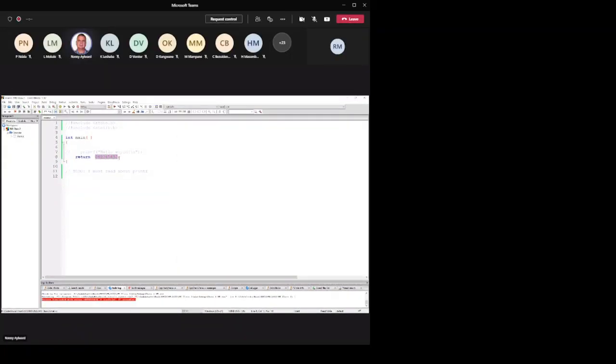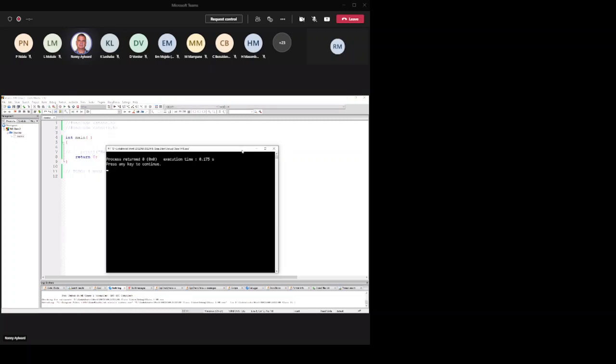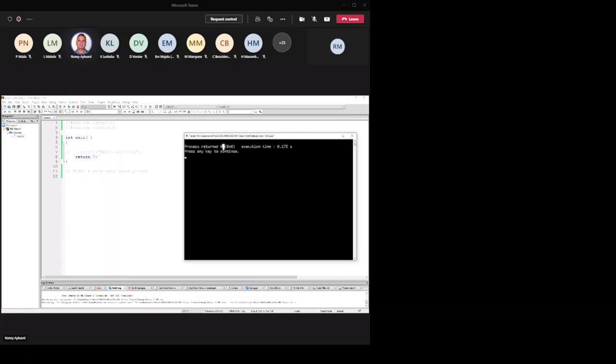Normally, if we say return 0, that means that my program terminated normally. There was no error. So if we compile and run that, now when I see the message here, oh, it's a 0, that means the program terminated normally.